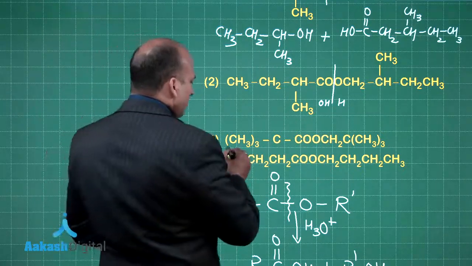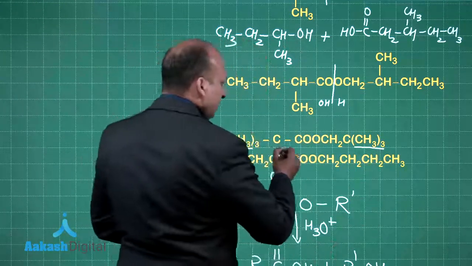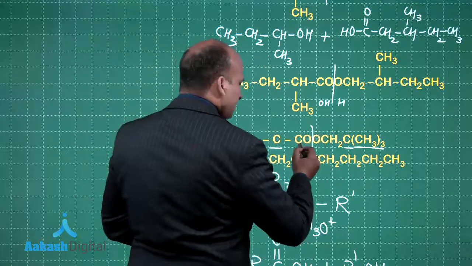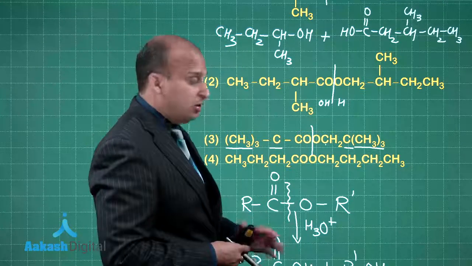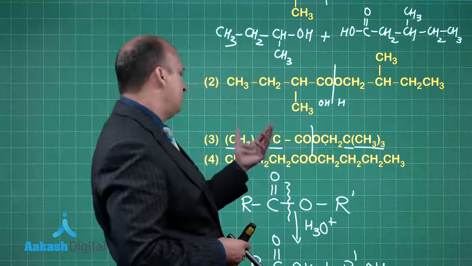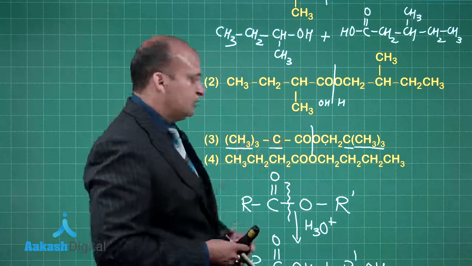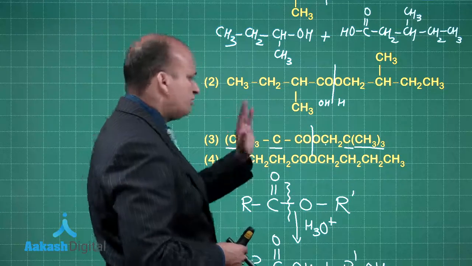In this case, you got a trimethyl group over here, a trimethyl group over here, you got a carbon here, you got a carbon over here. Now this particular carbon will form the carboxylic acid, this carbon will form the alcohol, but this on oxidation will give you the carboxylic acid formed in this process, right? So even third is a possible structure of A.